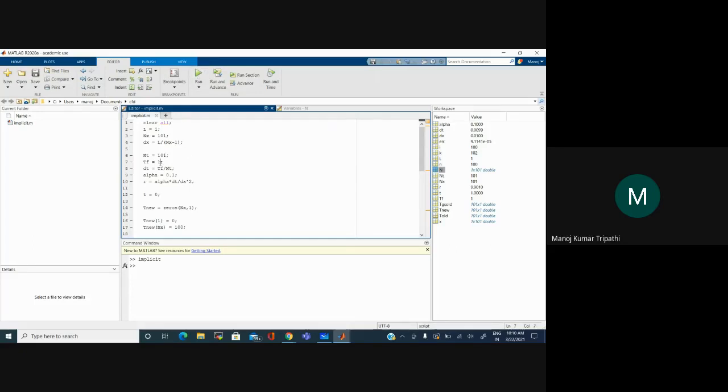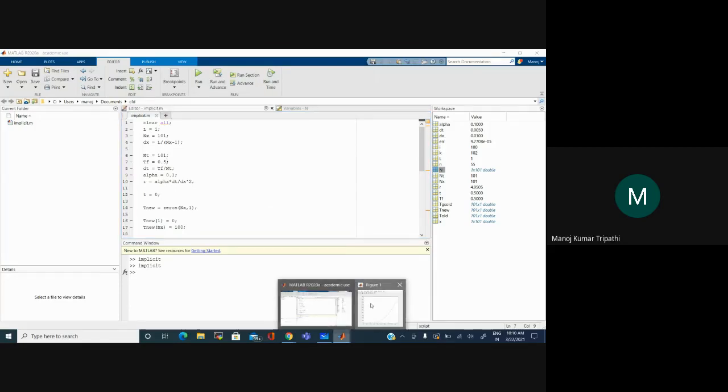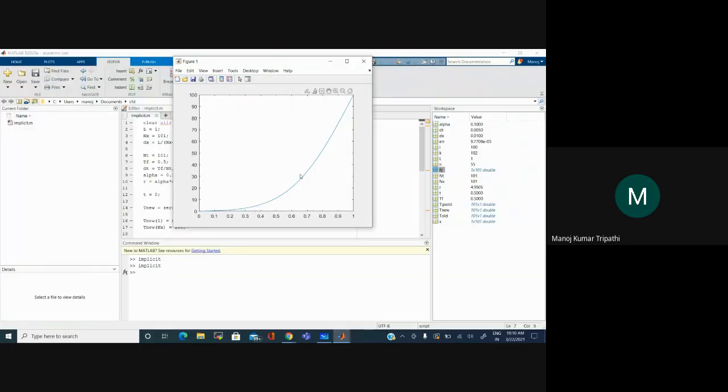Okay, I can vary this. I can make it 0.5 and run it again. So you can see it has diffused less. And these are our boundary conditions: 0 temperature at the left and 100 on the right.